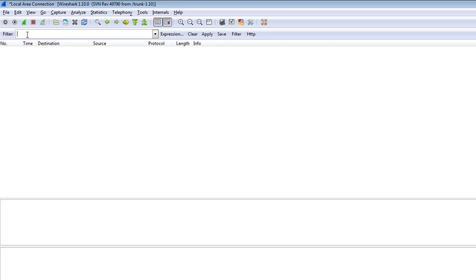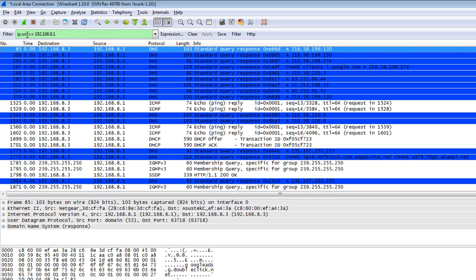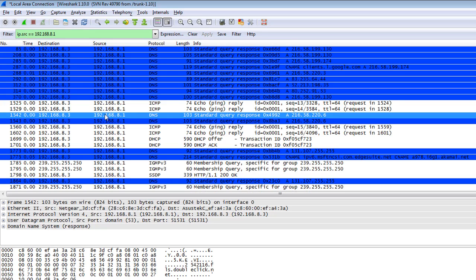So I am typing ip.src equal to 192.168.8.1. This is a gateway, and you will find the traffic that is sourced from our router.